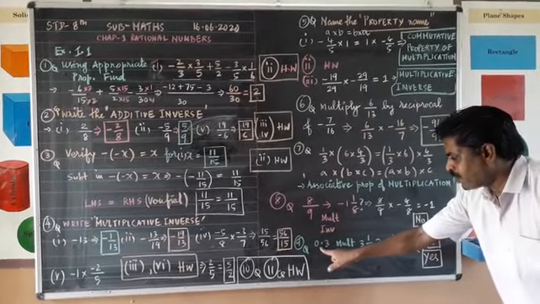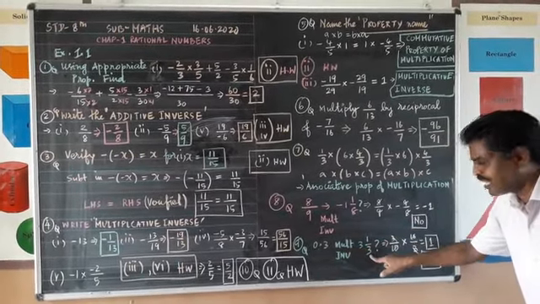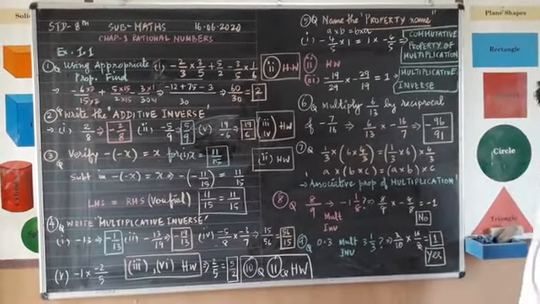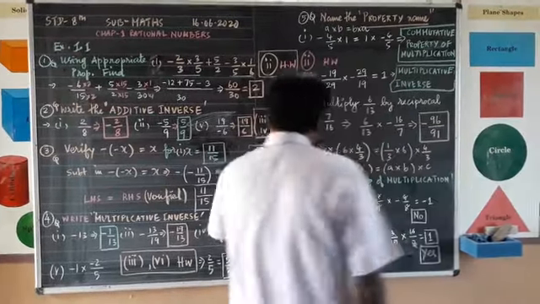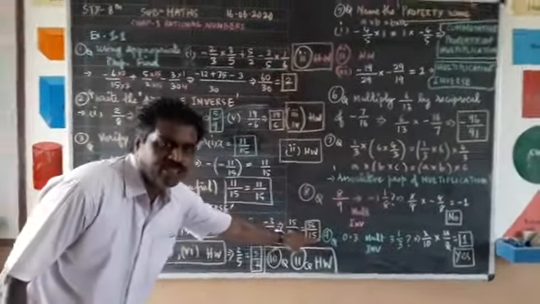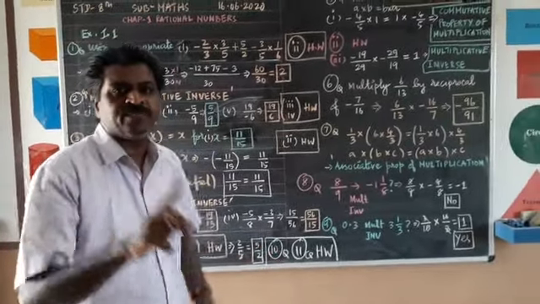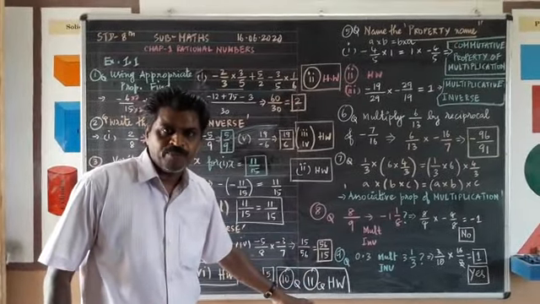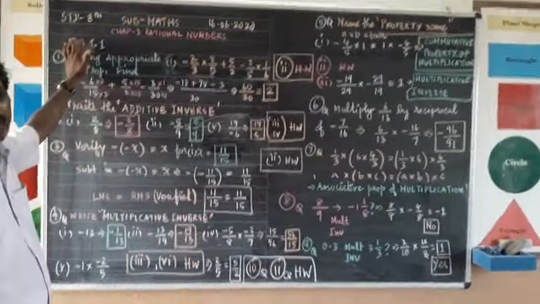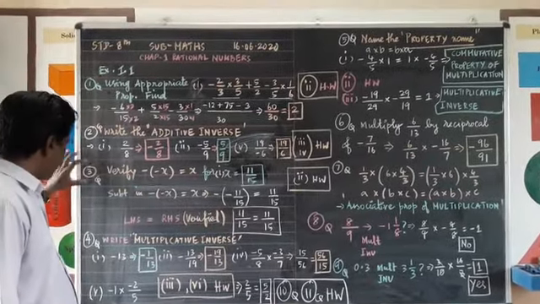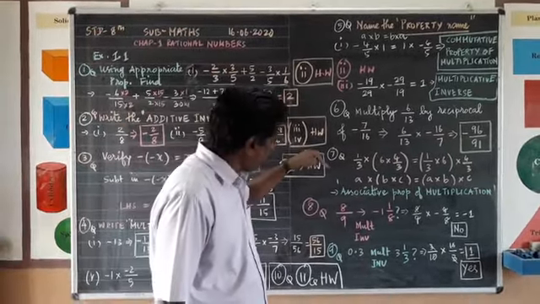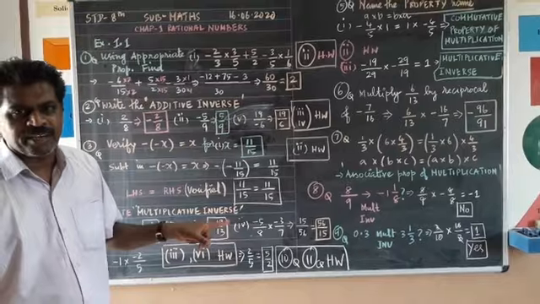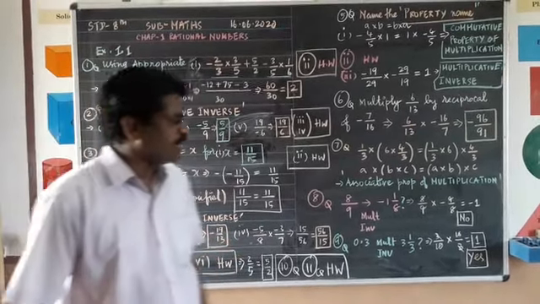Okay. What they are asking, 0.3 ka multiplicative inverse is 3 1 upon 3. Yes, it is 3 1 upon 3, because when you multiply both the numbers you are getting the answer of 1. So up to this one in this exercise, we have completed up to 9th question. 10th question, 11th question, it is fill in the blanks and one word answer. You make the answer and write it in your fair book. Okay? Up to this one, this exercise is over. Exercise 1.1 is 1, 2, 3, 4, 5, 6, 7, 8, 9. And the remaining problems you have to do as homework. Okay? And today we will stop up to this one. Thank you.